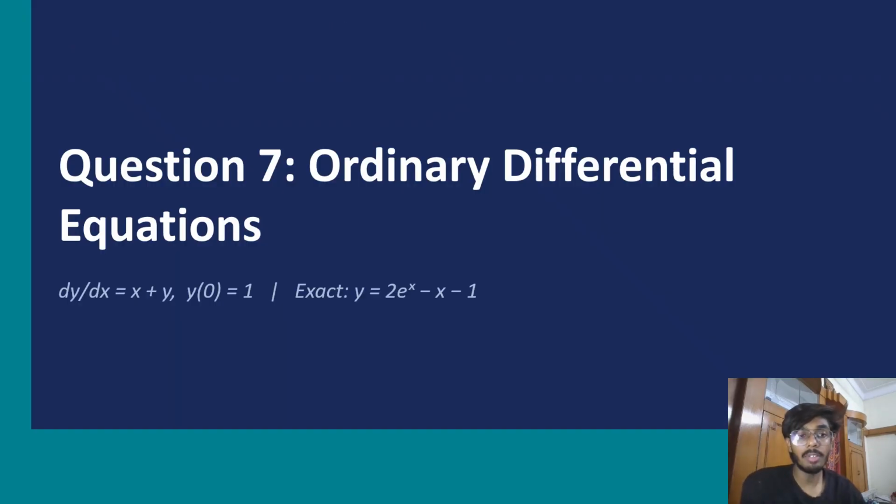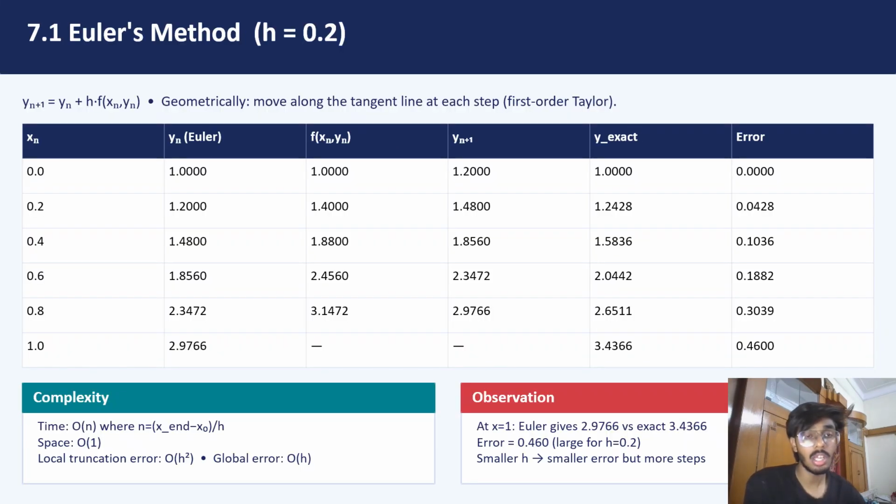The last question we have is on the order of differential equation. We are given dy/dx equals x plus y, where y(0) equals 1. We have to find the exact solution y equals 2e^x minus x for this equation. So let's solve this. We can solve this by using Euler methods. The Euler method states